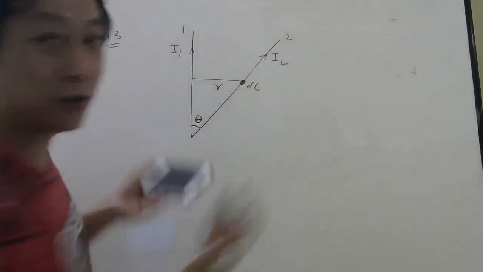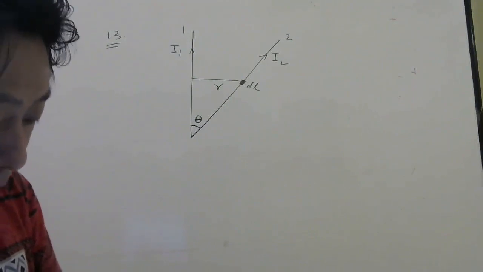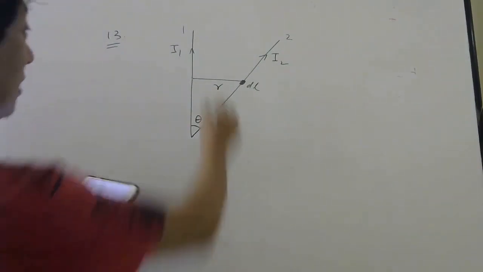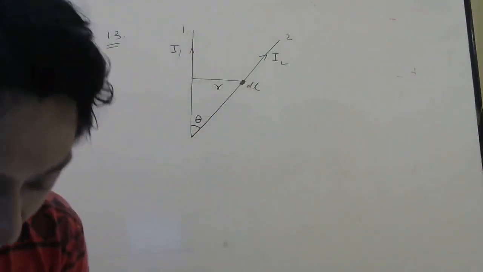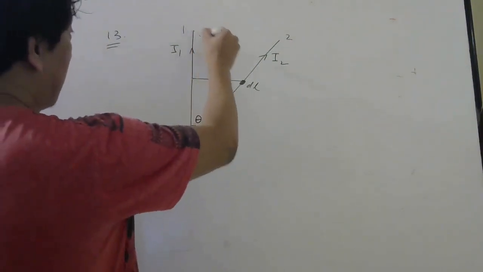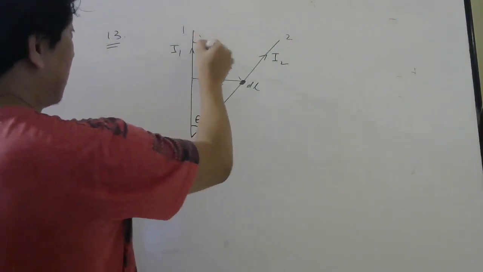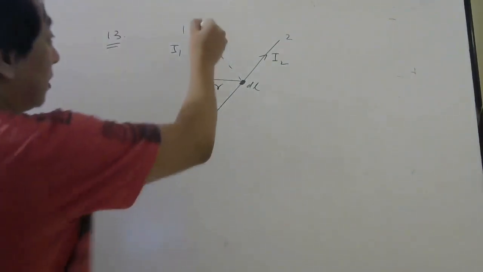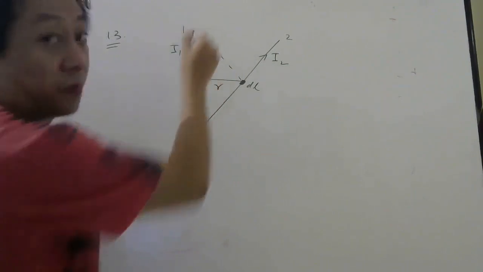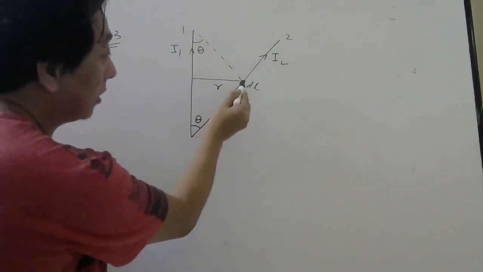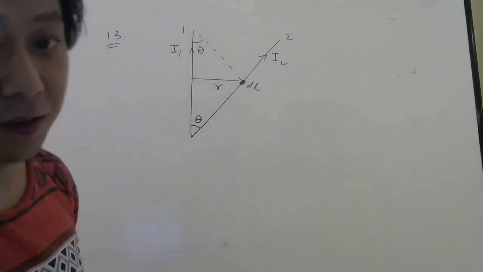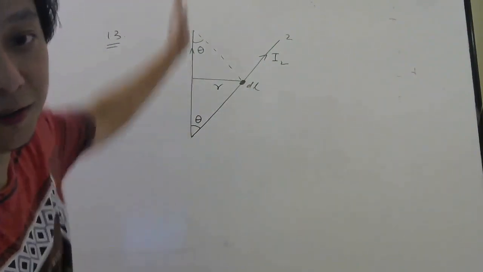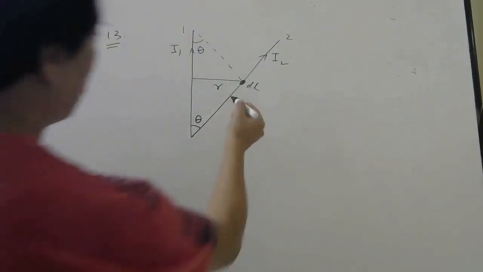If it is parallel, we know the formula directly. Assume the angle made by the line from the top end to dl is also theta with wire 1. So from here, if I come like this, this is also theta, they are saying. That is not given directly, so you have to check carefully. The line from the top end of the wire to the small element where we have to find the force also makes angle theta with the first wire, I1.